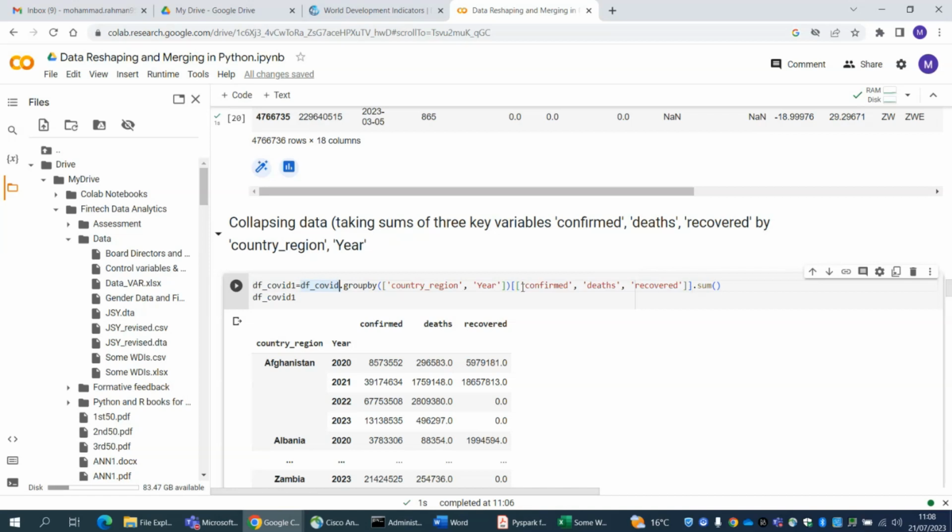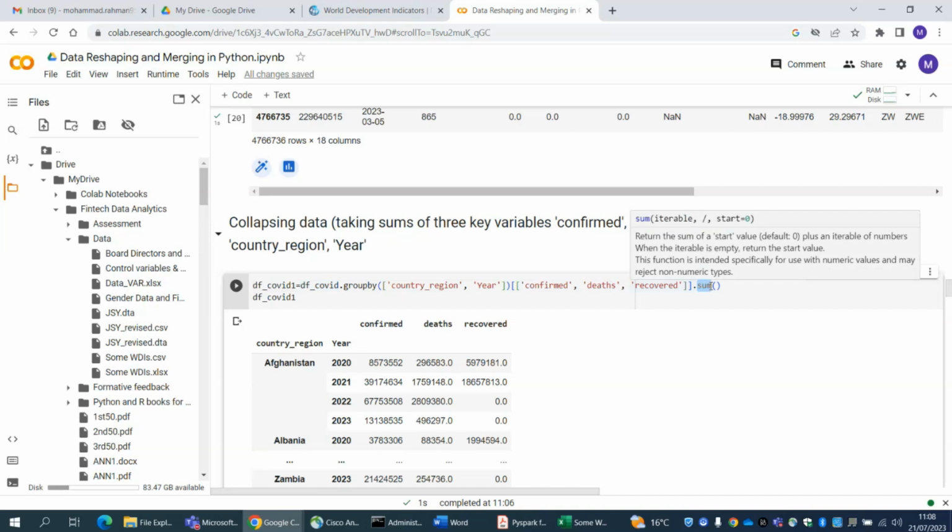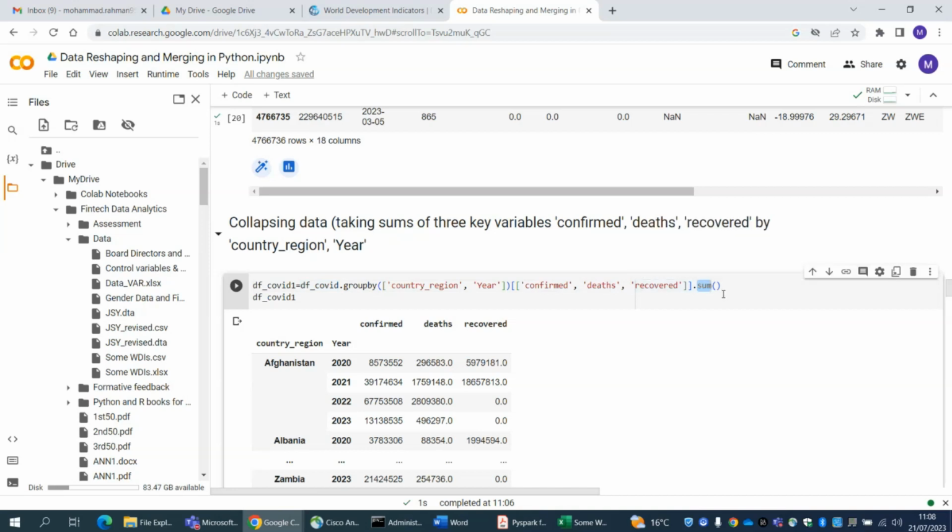And then within that, you are just choosing your specific columns, what columns you want to make their average. So then dot sum, which is the important part. If you want the mean, if you want to make their average, then instead of sum you have to put mean. But as our goal is summation, sorry, not average, we put sum only. Okay, then after that, if you want to view the new data frame df underscore covid1, then you can see it,